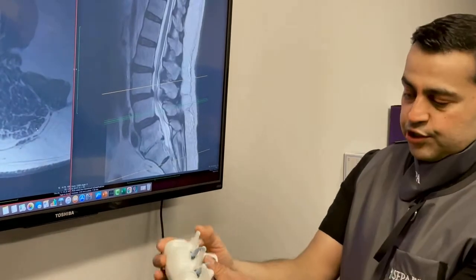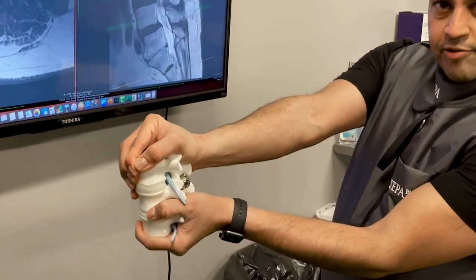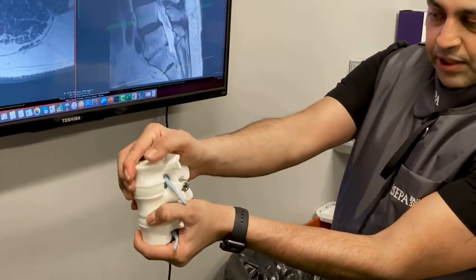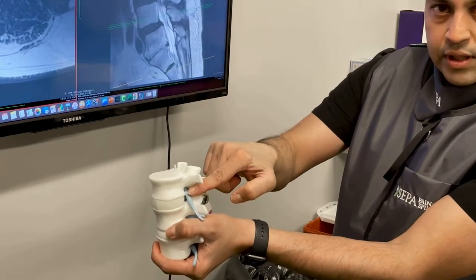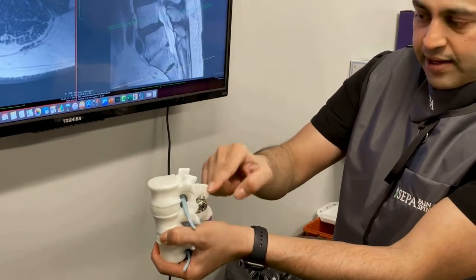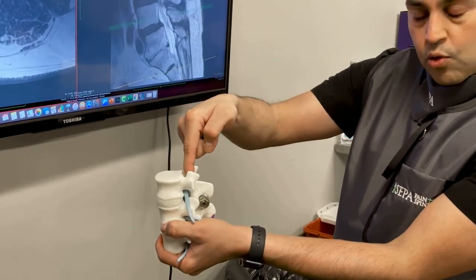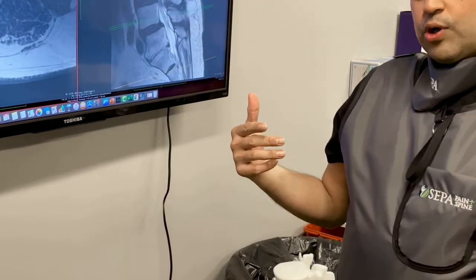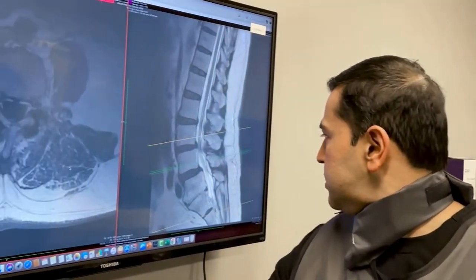If you can imagine, if we shift one vertebral body in front of the other, there's a lot of instability. It creates pressure on the nerves, both as the nerve is exiting the spine, as well as in the center of the spine within the spinal cord. It also causes what we call ligamentum flavum hypertrophy. That is depicted